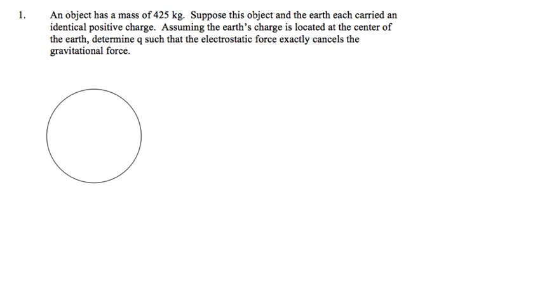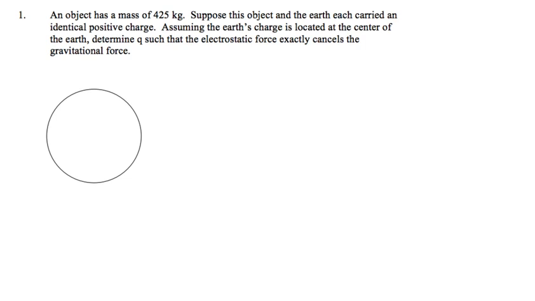All right, so we have an object that has a mass of 425 kilograms. Suppose this object and the Earth each carry an identical positive charge. So if they carry identical positive charges, then they're going to repel each other. Assuming the Earth's charge is located at the center of the Earth, determine Q such that the electrostatic force exactly